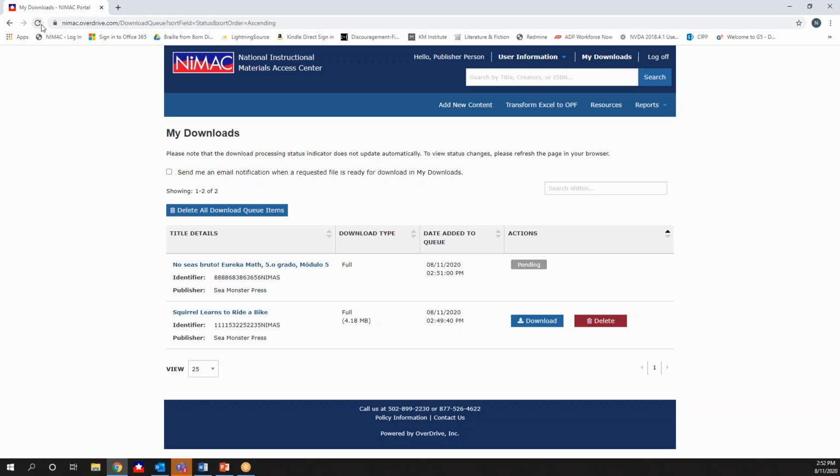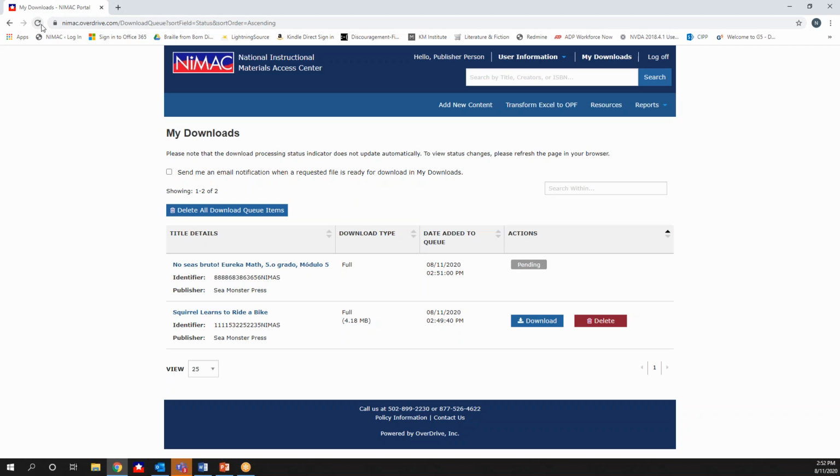One thing that I do want to note is that when you download a file from the system, it's going to be subject to the same fingerprinting and watermarking DRM as any other file that's downloaded from the system. What that basically means is that there's a hidden code in the actual file that indicates who downloaded the file, when they downloaded it, and that the NIMAC was the source of the downloaded file. So the reason that this is important is because this isn't a good way for you to get files if you need to make corrections or if you want to update a file,